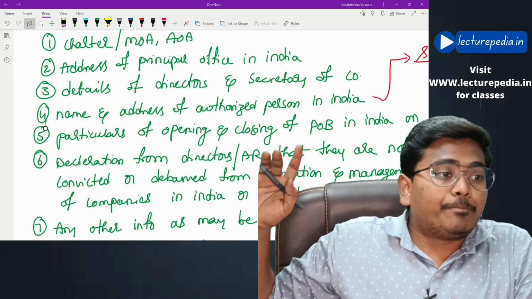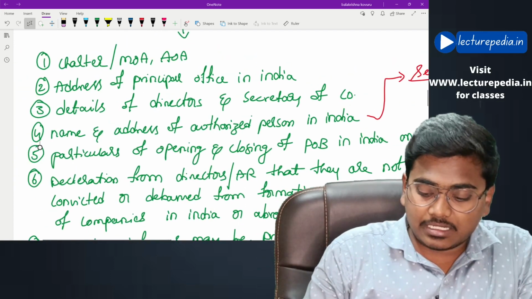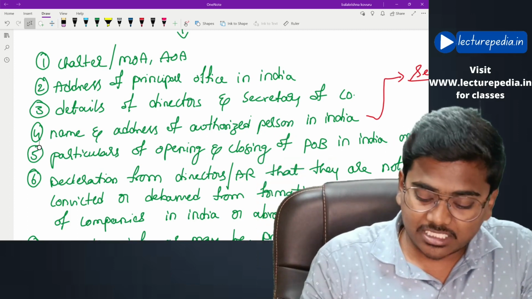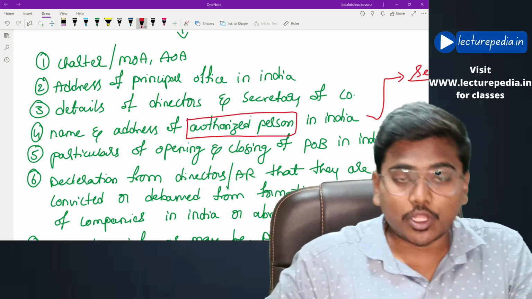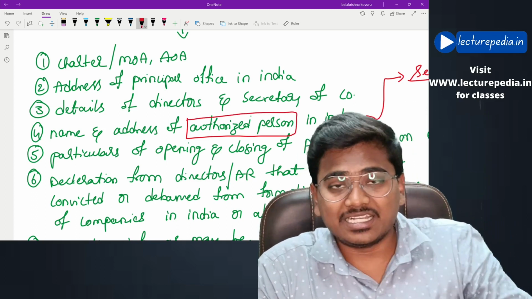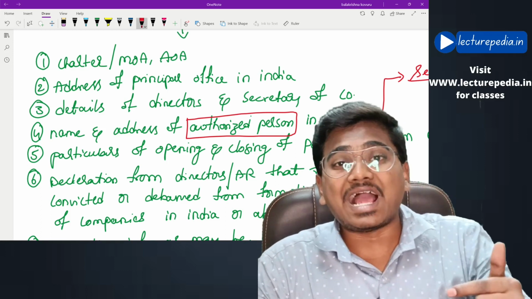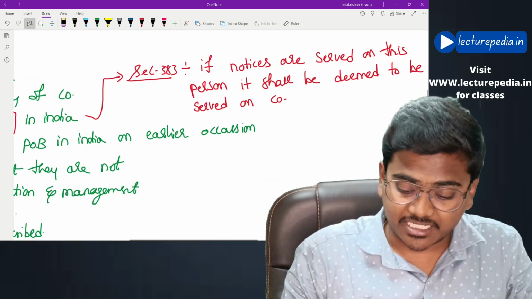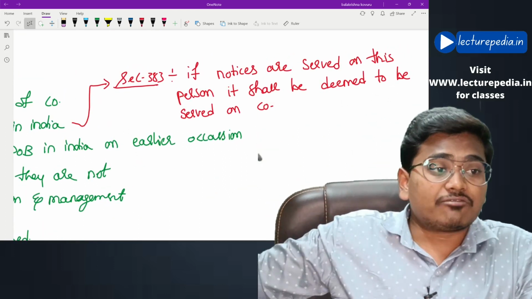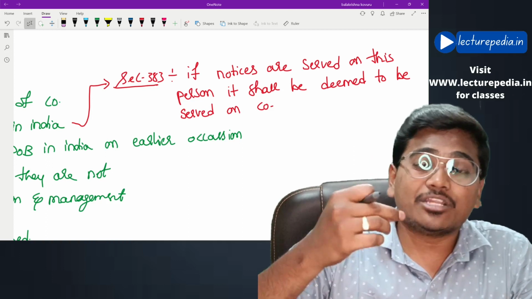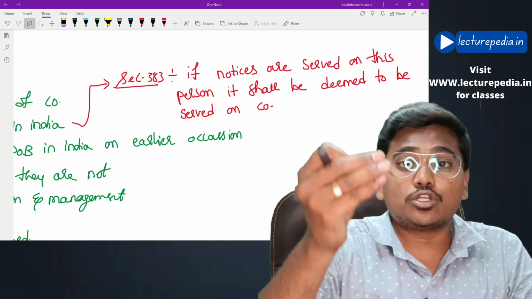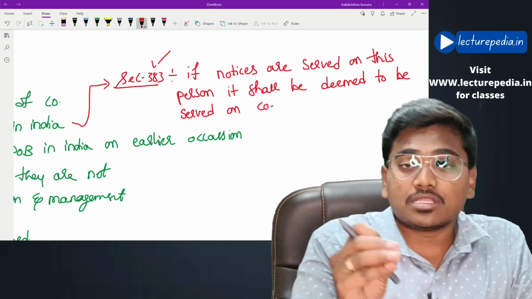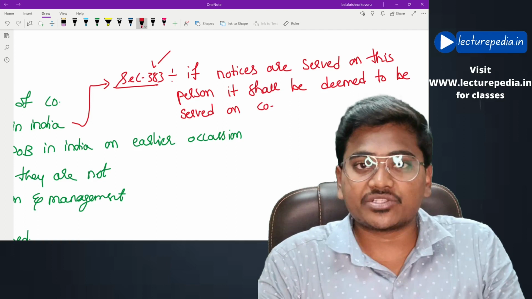And this one, fourth point, name and address of the authorized person in India. Authorized person means the company must authorize a person who is resident in India for the purpose of accepting the notices on behalf of the company. As per section number 383, if notices are served on this authorized person, then it shall be deemed that the notice is served to such foreign company. For the purpose of section 383, the company has to authorize a person on its behalf